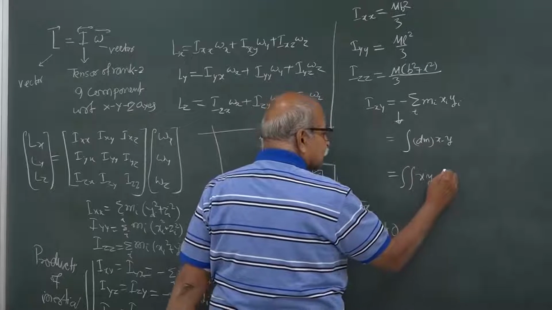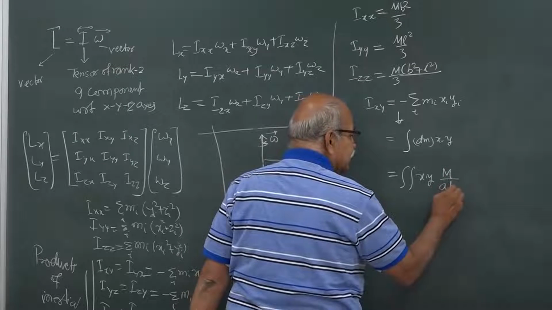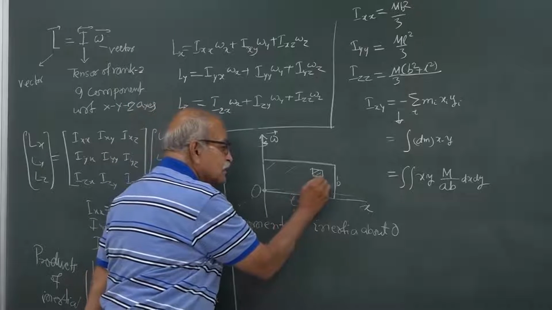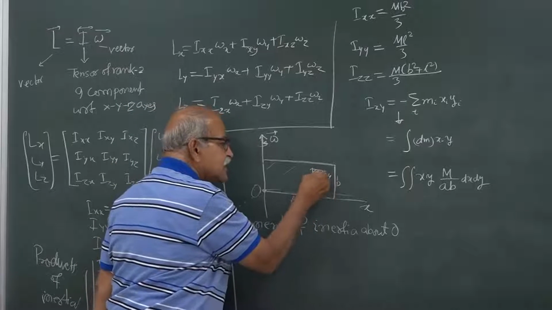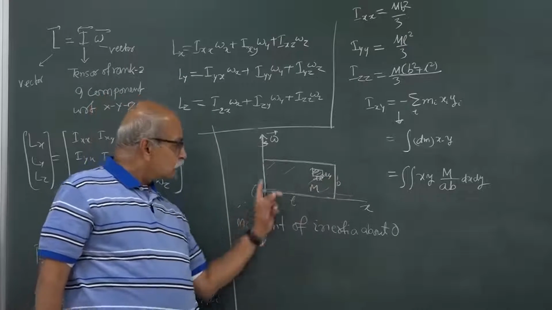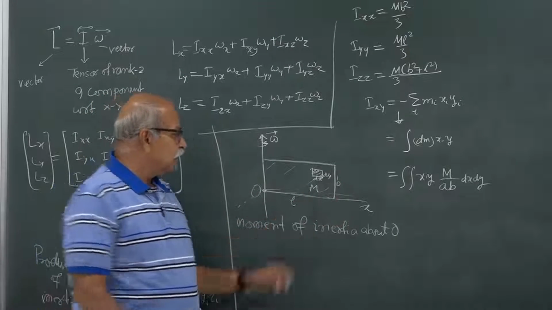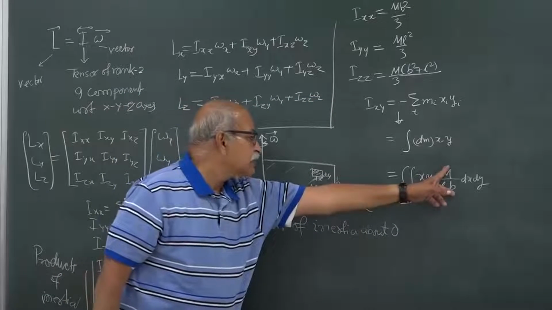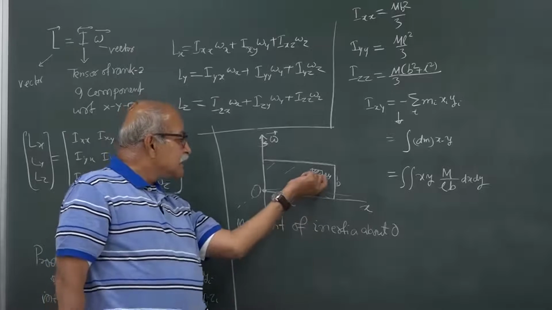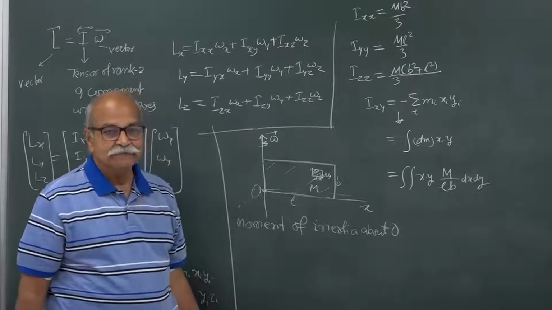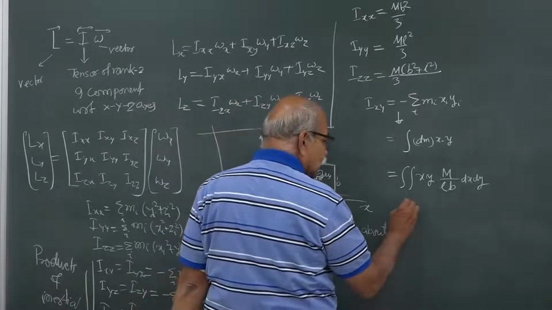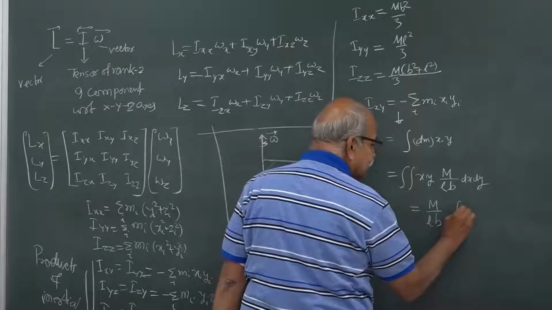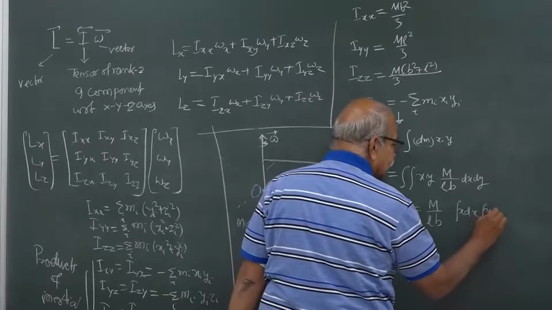So, mass here is dm, x coordinate is x, y coordinate is y, so multiply, and then this is x into y. What is dm? dm is capital M divided by A B into dx dy, right. This is dx, and this is dy, and this area is dx into dy, total mass is m, total area is b into L. So, this is m divided by b into L, the mass per unit area, and then area here is dx dy. And what are the limits? Let me separate. So, m by L b is constant, then you have x dx and y dy.